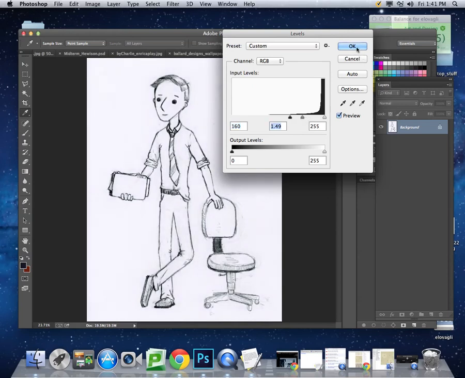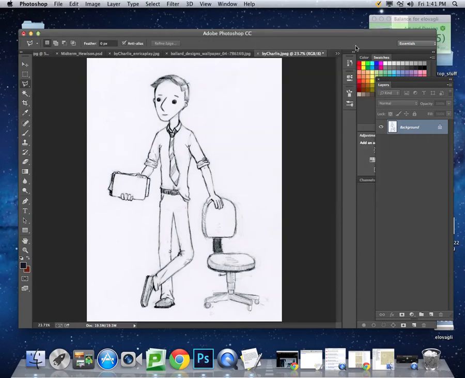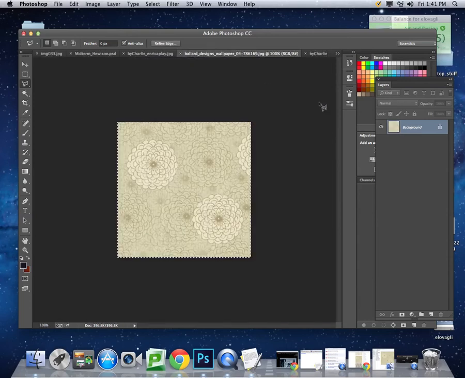And then I said, okay, I'm happy with that. I can live with that. So that's the first step you'll always do: color correct your image, go in the levels. We will go into more color correcting in the future, but levels is the minimum you can do, the least you can do. So I'm going to jump to this file that is actually a wallpaper that I grabbed